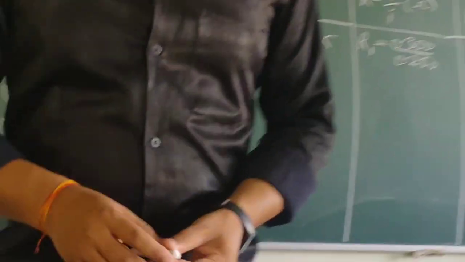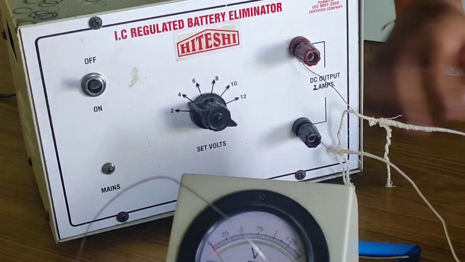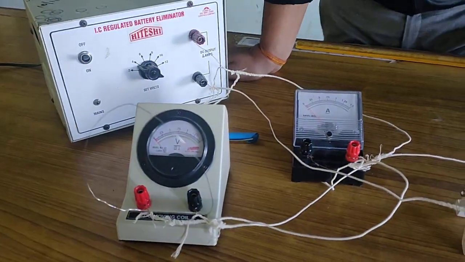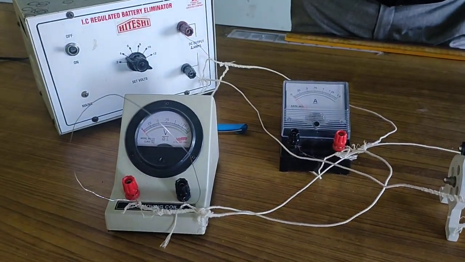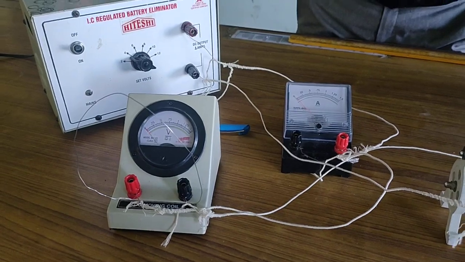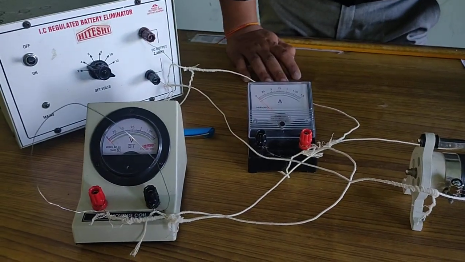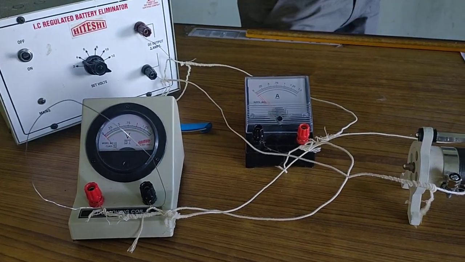And one more thing, after taking the value you have to switch off the circuit, because this conductor wire has a heating effect, and you know the formula H equals I squared R T. So as long as the circuit is on, this wire is going to get hot and the value of this resistance is going to change. Okay, now see, after that we are going to take the second reading.